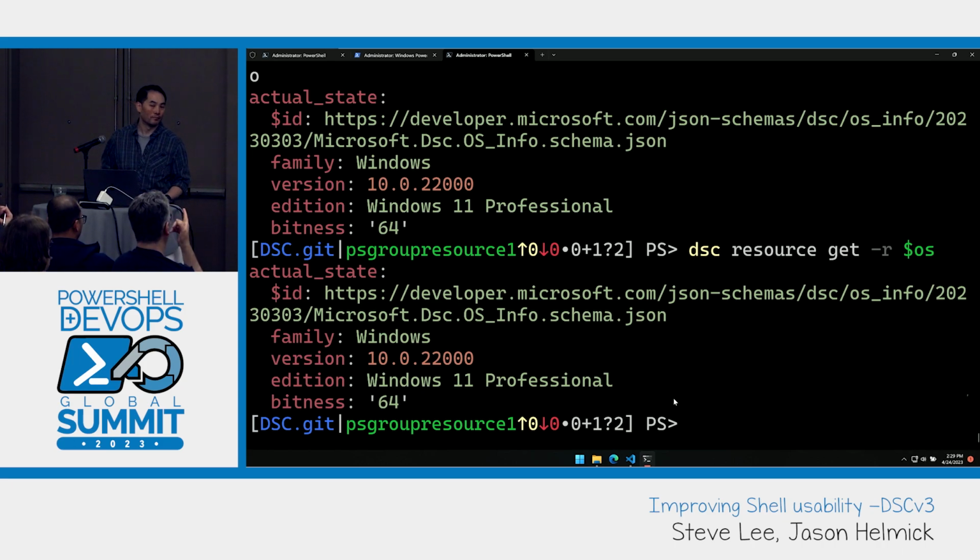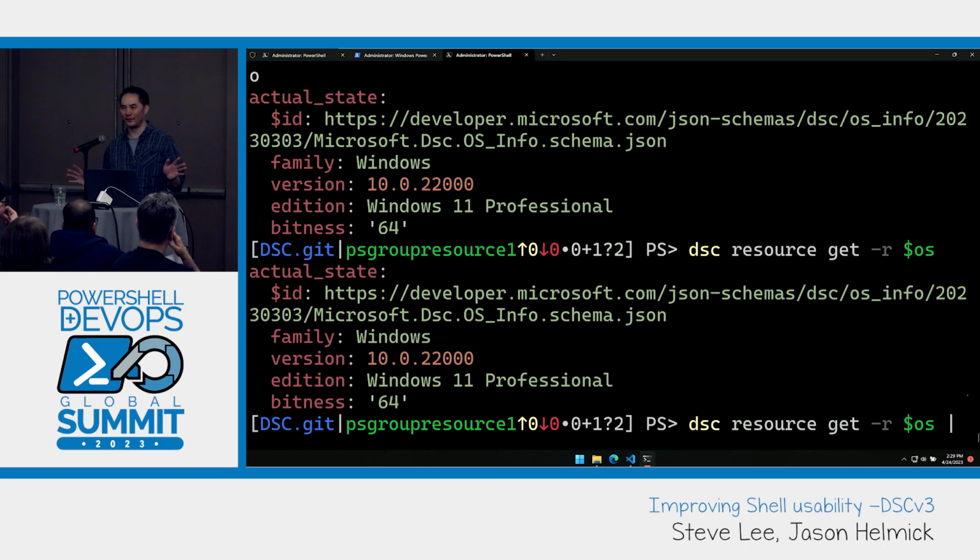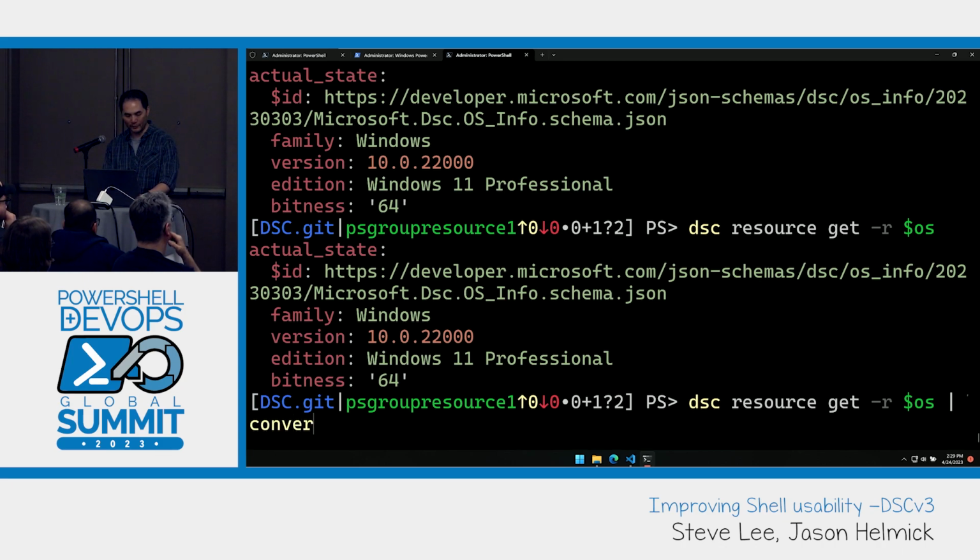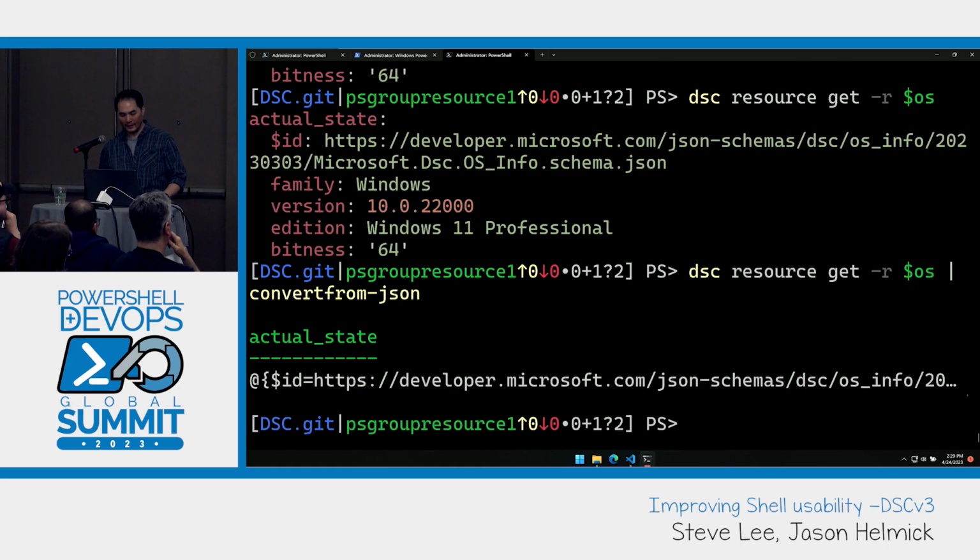So what if I wanted to return that as an object? The question is, how do I return this as an object? I think you could argue that YAML is an object, all the structured data. So there are no live objects here, right? There's no .NET here at all. But if you prefer JSON, for example, if I just pipe this to ConvertFrom-Json, then although it's not great, because I have this outer wrapper that kind of hides everything,